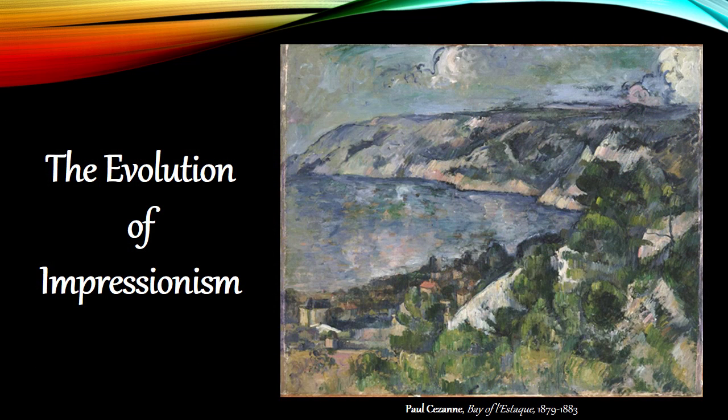Cézanne's brushwork, along with his use of color, allowed the artist to express volume and mass in his paintings. He utilized a renewal of traditional perspective. As seen in Bay of L'Estaque, the viewer's eye wanders across the picture, taking in multiple viewpoints. While his critics and contemporaries found his art distorted, others described this new development as adding a fourth dimension to his work.